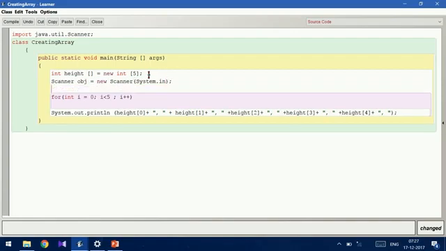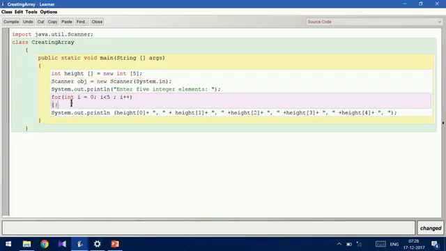Now we will prompt the user: five integer elements. This is going to be given only once, so it is not inside the for loop. This Scanner class I have already taught you in the third video tutorial, so you can watch and learn if you are not familiar with this.